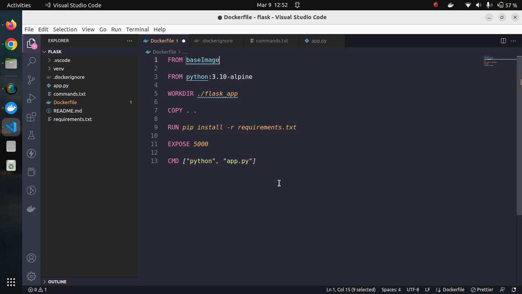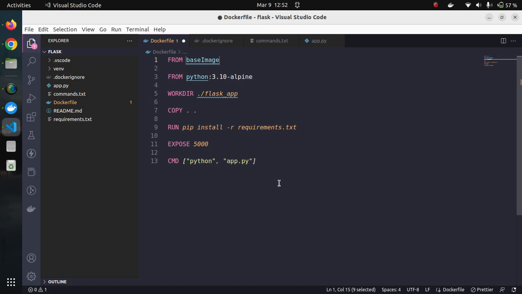So the FROM base image instruction serves that purpose, directing Docker to use this as the base image while building the rest of the process. You can think of the base image in plain simple terms as a foundation,